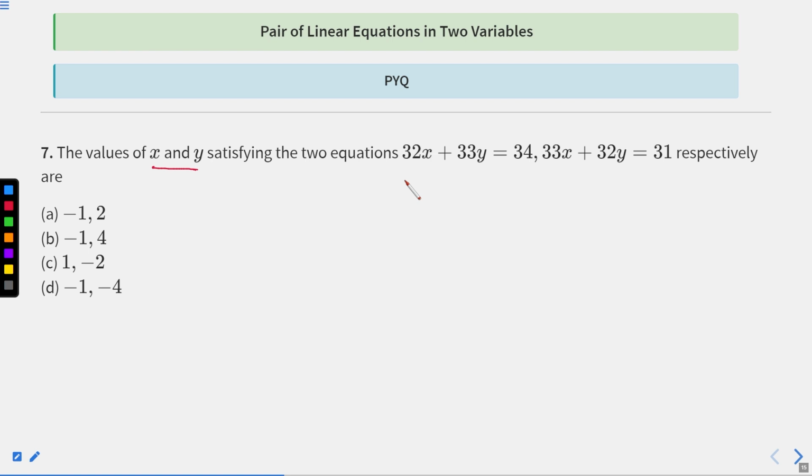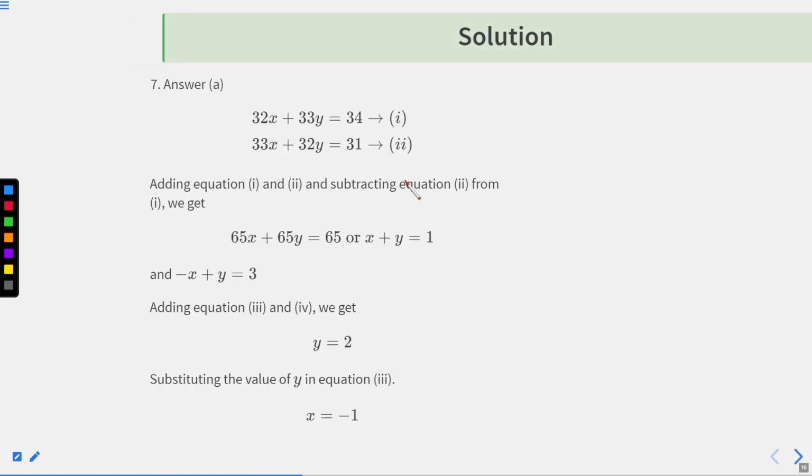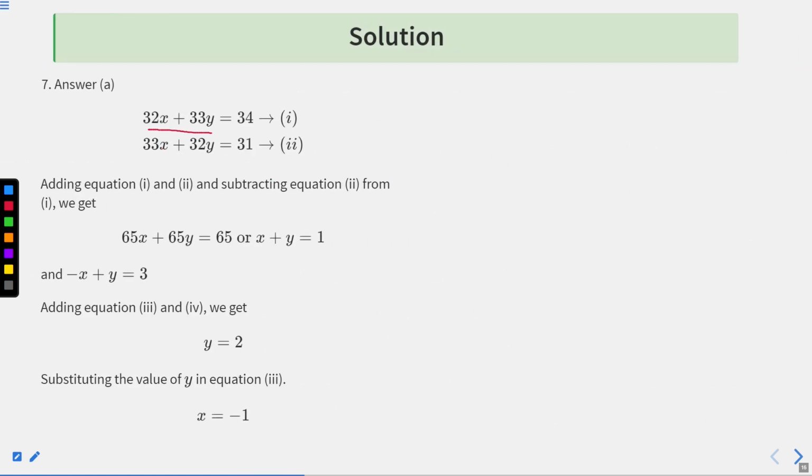So here, naming this equation 32x + 33y = 34 as equation number 1, and 33x + 32y = 31 as equation number 2. And now if we add equation 1 and equation 2, and subtract equation 2 from equation 1, then we get 65x + 65y = 65,